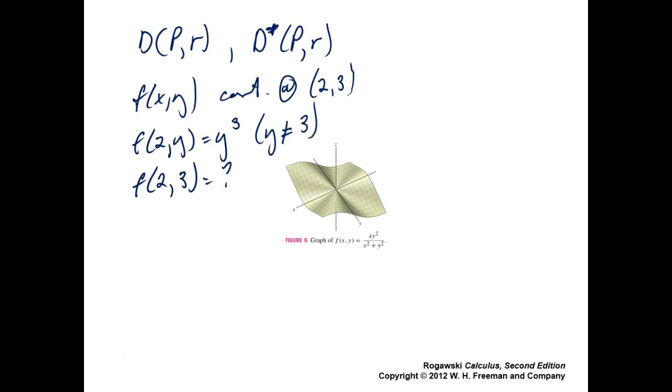It's bizarre. Okay, what we have is f of x,y is continuous at (2, 3). And we know that f at 2, any value y, is going to be y cubed, except possibly at y equal to 3, or when y is not equal to 3. So therefore, as y gets closer and closer to 3, this is getting closer and closer to